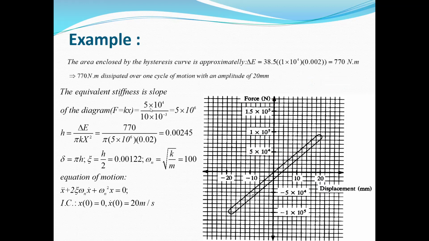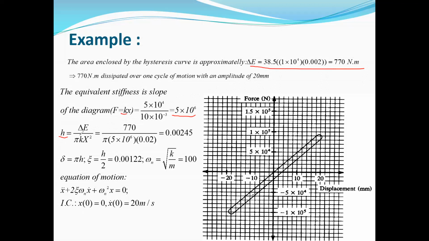So here, as I told you, you can find the stiffness of the structure, which is 5 meganewton per meter. And now we have K. This is the stiffness. We have the energy dissipated from the area enclosed by the curve. Now we can find the H for the system, or the hysteresis